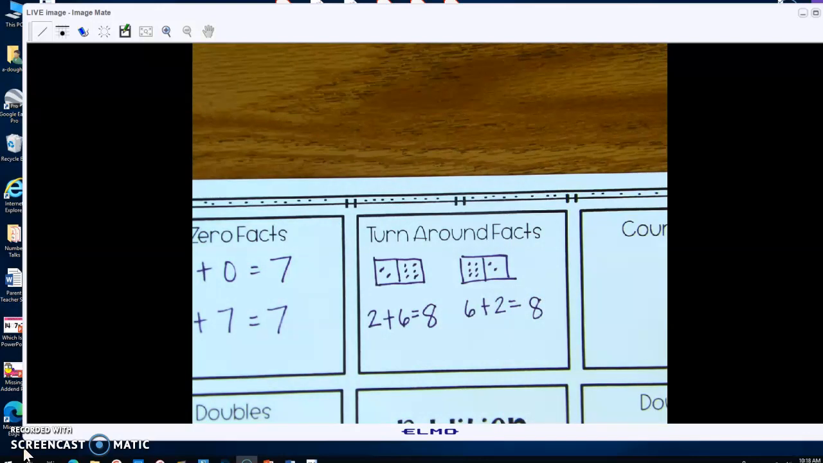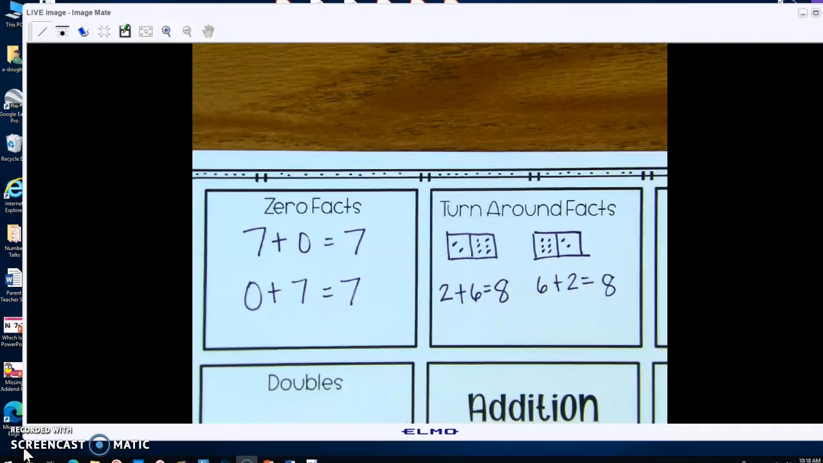So sometimes it helps. Now, I already know 6 plus 2 is 8. So that must mean that 2 plus 6 is 8. That's called a turnaround fact when we switch the add-ins. Remember, add-ins are the numbers that we add together. Okay, so once you have your 2 things done here, I'm going to come around and we are going to